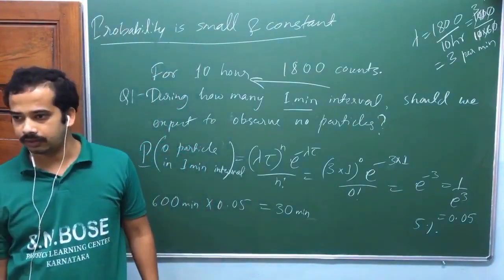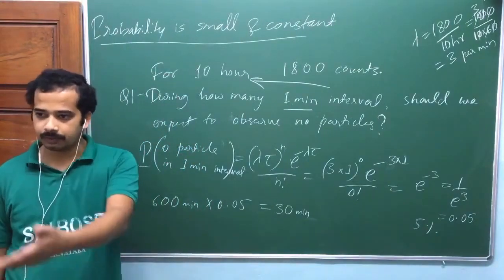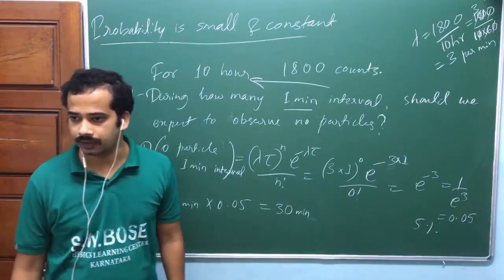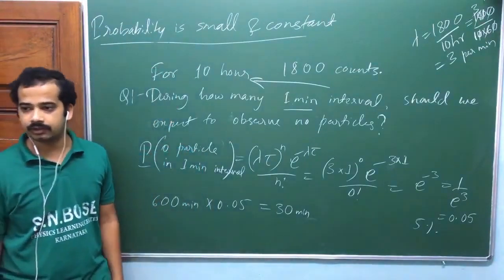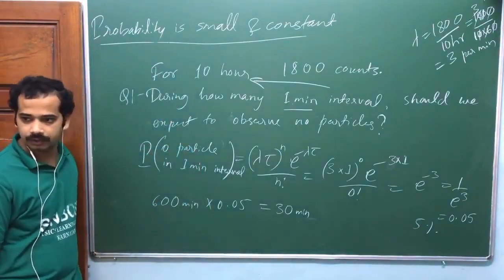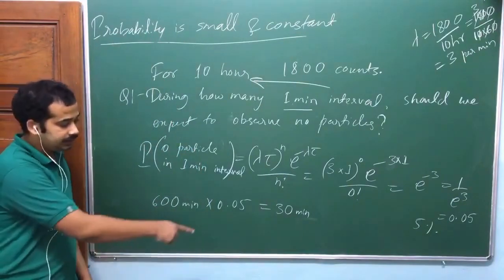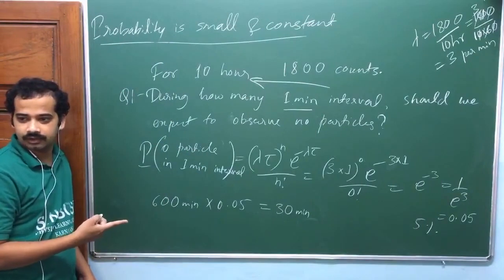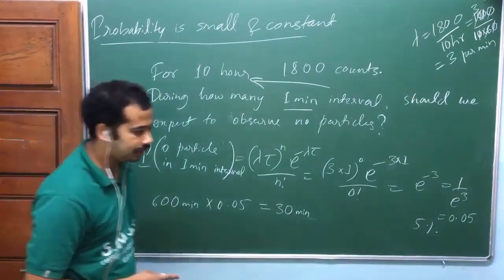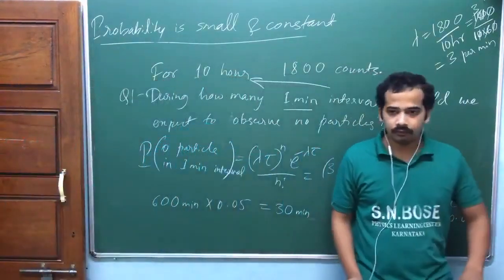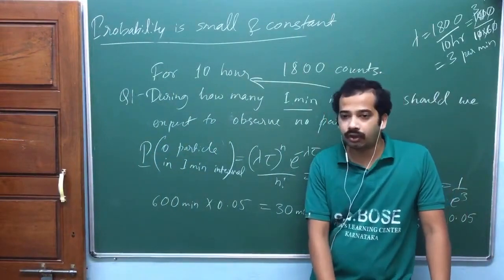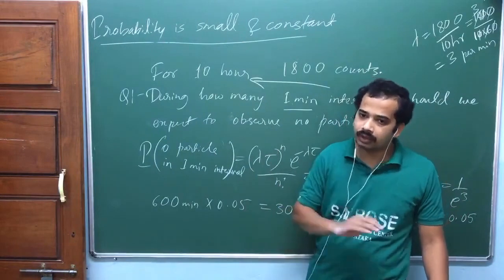Are you getting my point? Over a very large period of time, it is exponential decay, right? e to the power minus lambda t, radioactive decay. That should not happen; that parameter should not come here. This is different. What I'm saying is there is a radioactive law which governs radioactive decay, and that should not affect this one. It should be very random only.